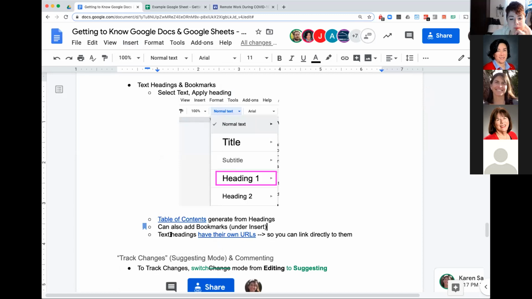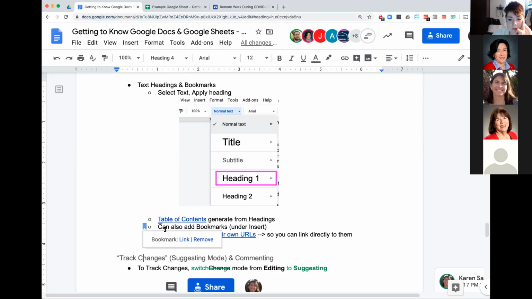And then all of these, your headings as well as bookmarks, they all have their own URL. And let me demonstrate. If I were to click here, this is a heading here in the next topic I'm going to talk about. And now the URL has added this heading stuff on top. And that tells you this is a direct link to a heading. So if you have a long document and you want to point somebody to a specific point in the document, you can give them that link, and it will open up the document and then take them to that section. So that's a really nice feature. And bookmarks will do the same thing.